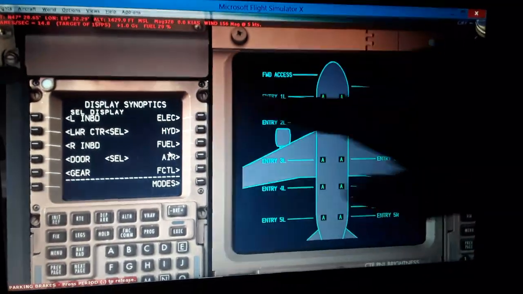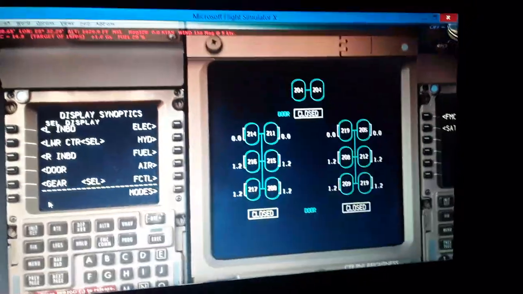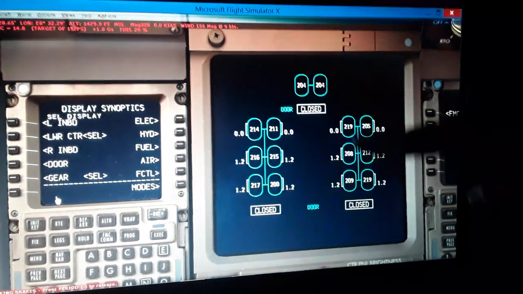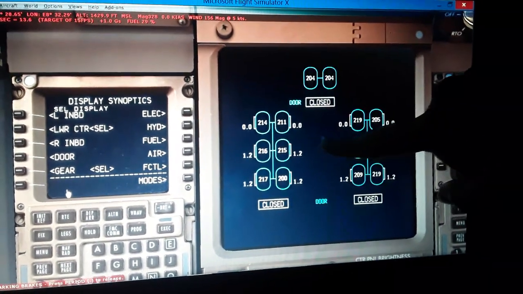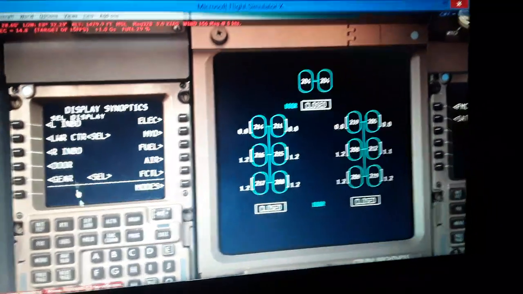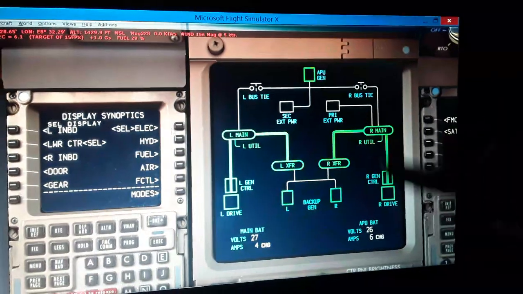So you can see the doors here of the aircraft. You can see the landing gear, the pressure of its tires, the nose wheel steering, and also the parking brakes, the brake system temperature. So we have the electrical here, left and right engine,